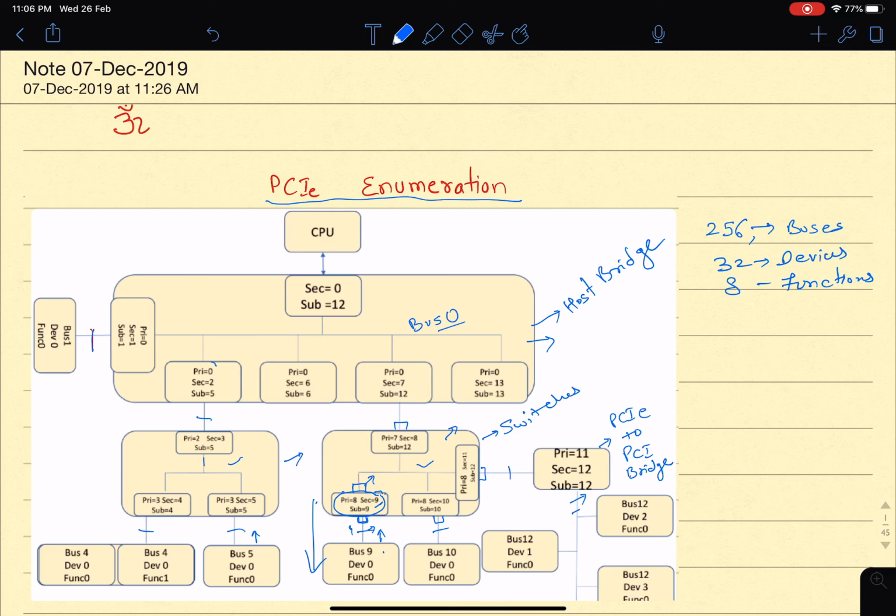Similarly, let's consider an example here. Here we say that the primary bus is bus number 0. So this particular PCI bridge is connected to bus number 0. Its upstream port is connected to bus number 0. The downstream port is connected to bus number 2, so the secondary bus is 2. The subordinate bus number is 5. So in this particular hierarchy, the farthest bus we can have is 5. So it means the subordinate bus number is 5. Okay, so